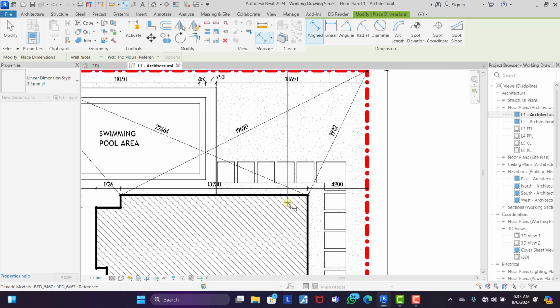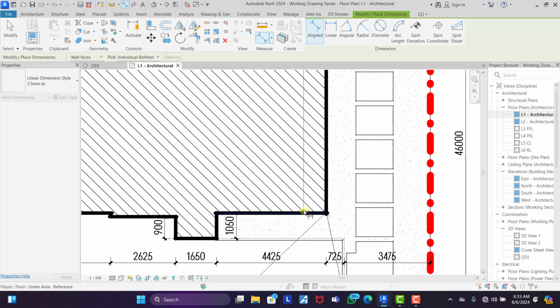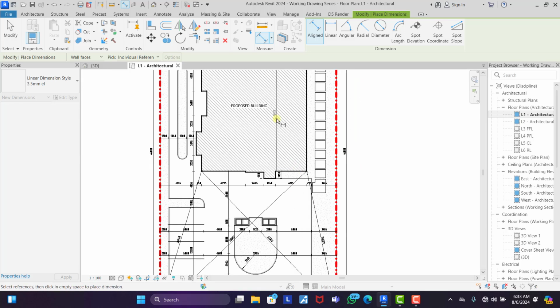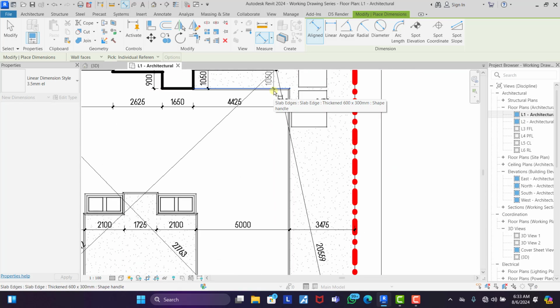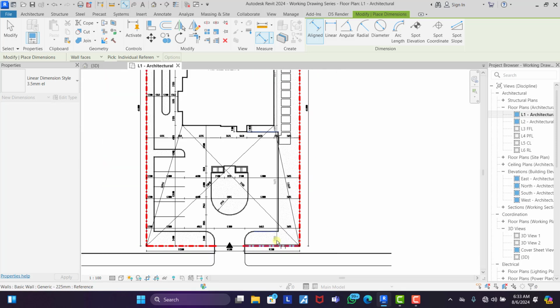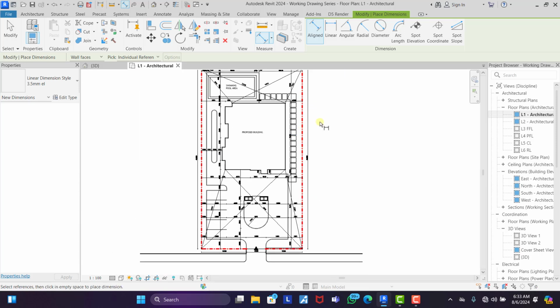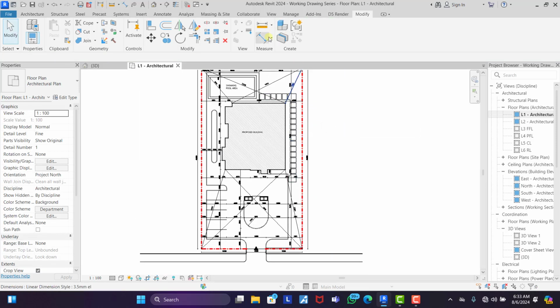Okay, now we click on this down to this, and this. Okay, so click on that and we dimension this. We have place it here. Okay, dimensions can still be seen. All right, then